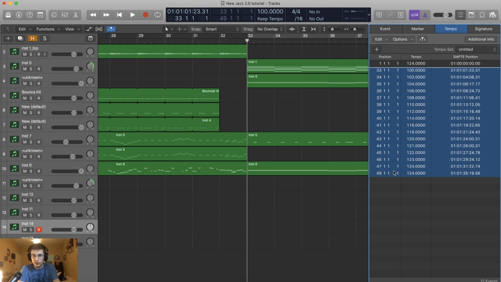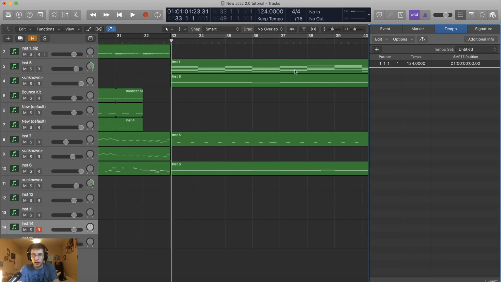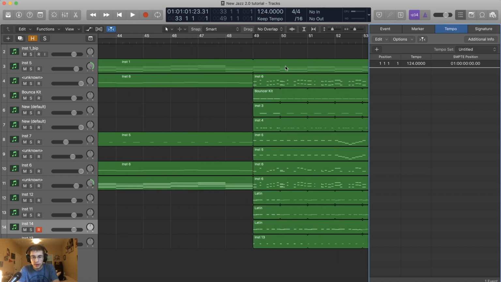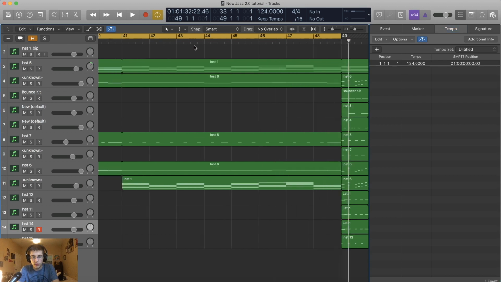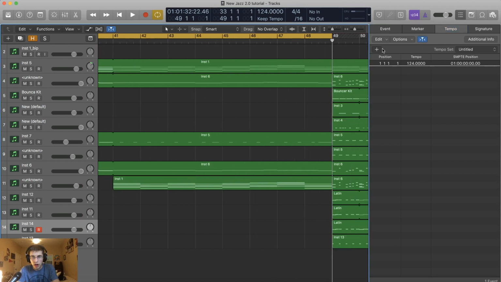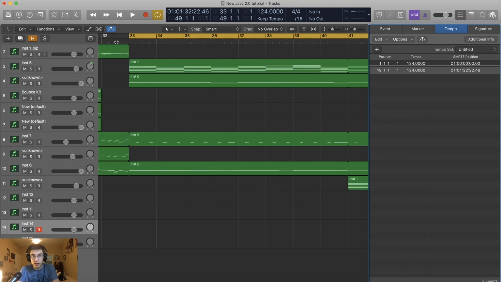So first thing you're going to need to do is create an anchor. Our first anchor is at the start of the song, starting at 124 BPM. Because I want 16 bars of this, I'm then going to make a second one here, 124 BPM, and hit enter. Now, it's really important to keep this noted. I'm going to go back to measure 33 here, and I'm going to start over and simply go plus button right here and put in, we're going to start at,